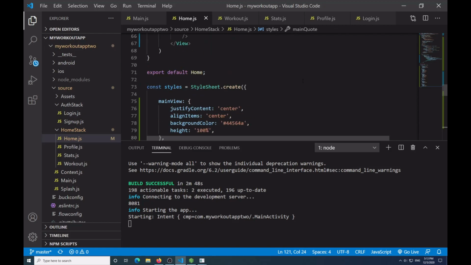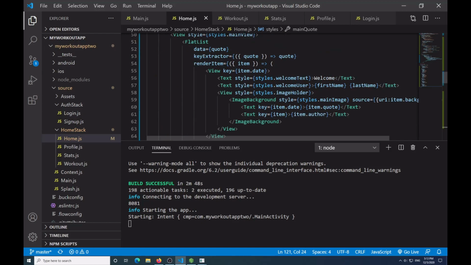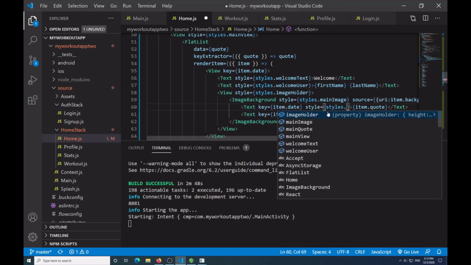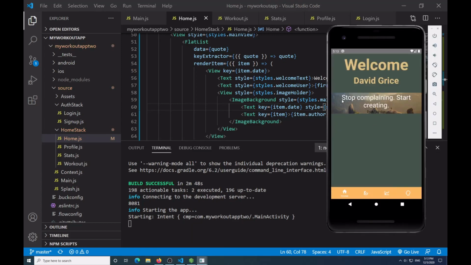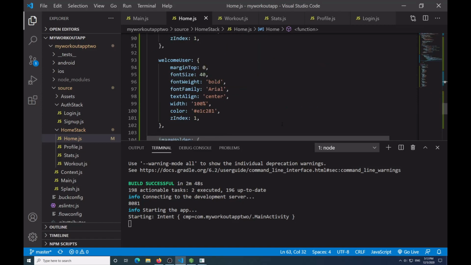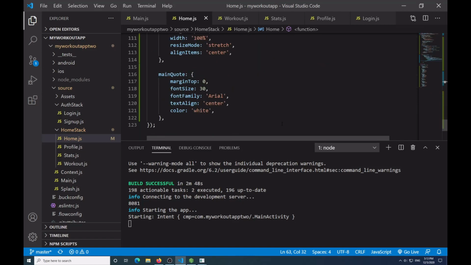So if I come up here to where I have my quote, say style is equal to styles dot main quote. Save that, and see it actually fixed itself when I did the text. So see, it says stop complaining, start,